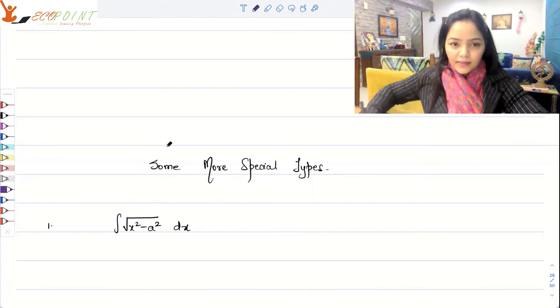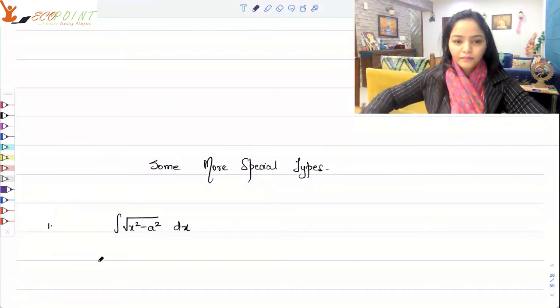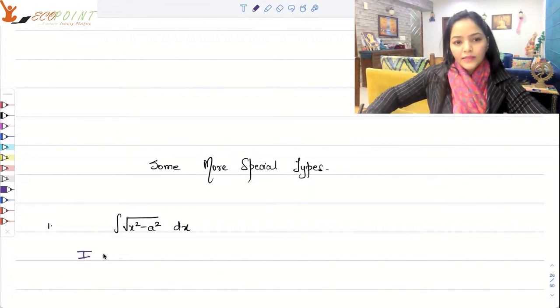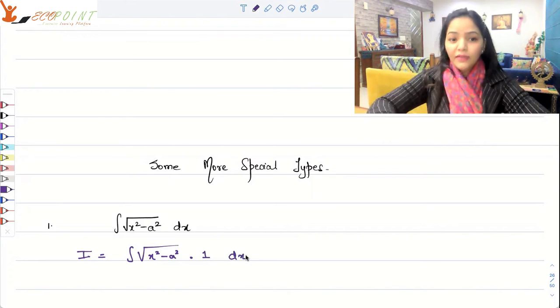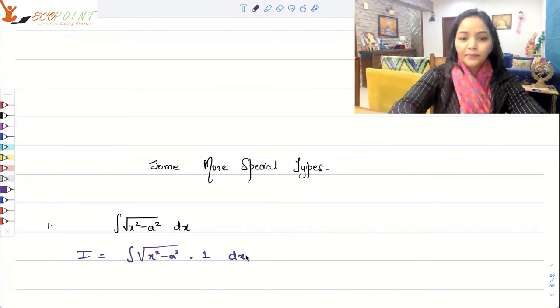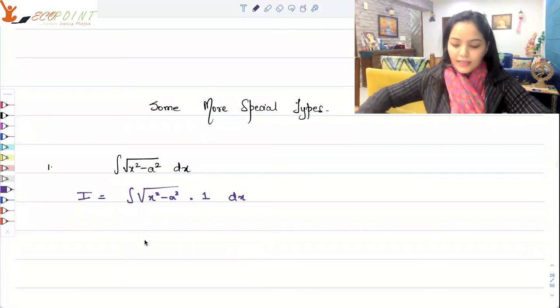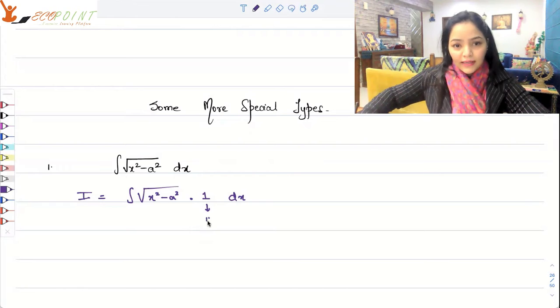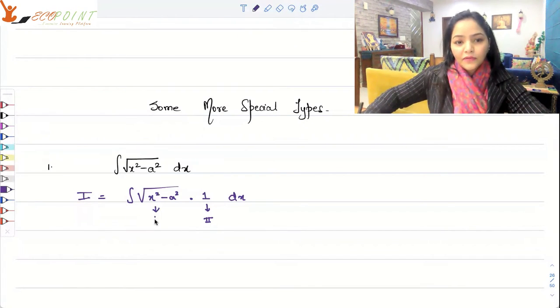Now let's take, in this case, I as integral square root of x square minus a square into 1, constant 1. Since I just have square root of x square minus a square, I can say that it's getting multiplied by some constant 1, right? Now, let's take 1 as the second function, and let's take this as the first function. So this would mean that I is equal to